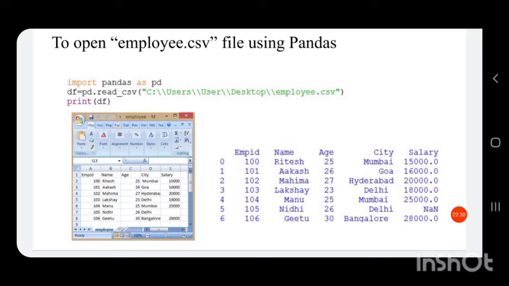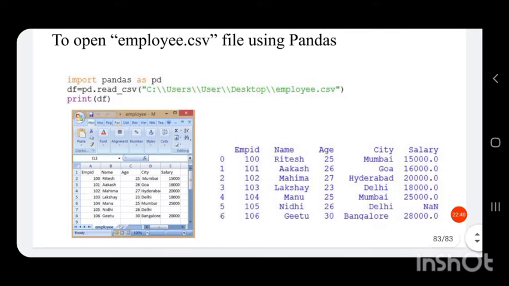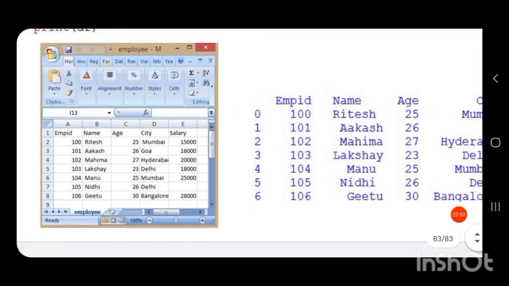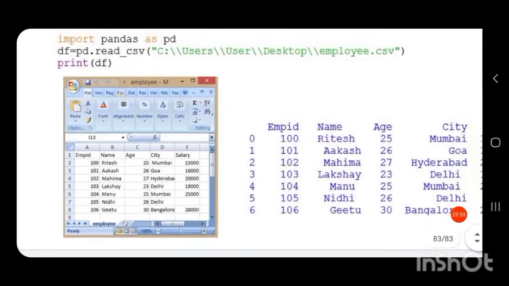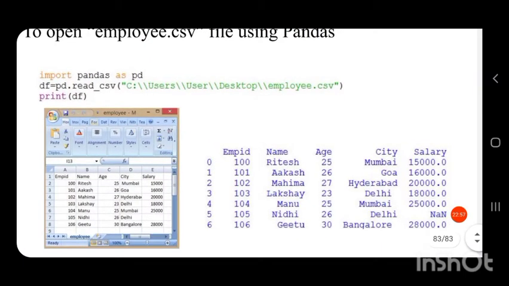Then in brackets, in single quotes or in double quotes, put the path. Then print df, print the data frame. Then we will get the data frame. If there are empty cells, then that particular place will be replaced with a NaN, not a number.